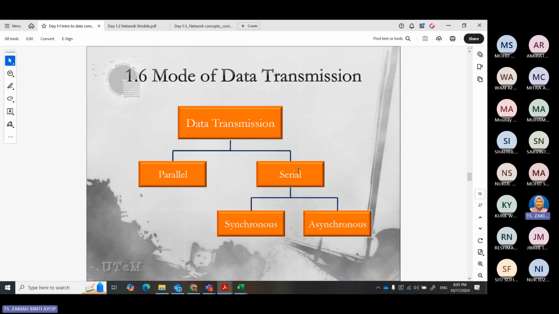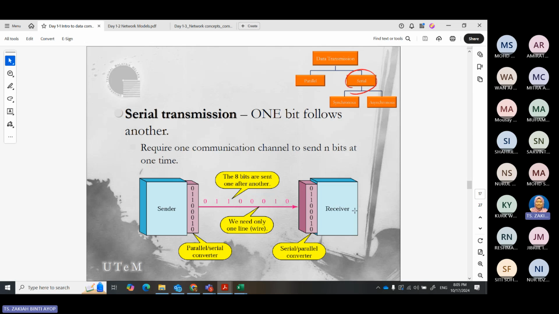Now we continue with data transmission. Data transmission can be divided into two categories: one is parallel, and one is serial. Serial can be divided into synchronous and asynchronous. So what does serial mean? Serial means one bit follows another.